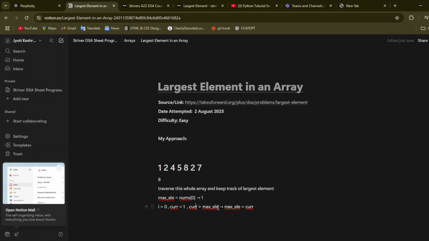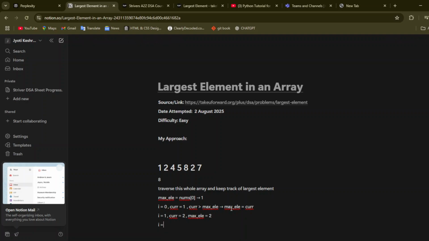I am not talking about equal to, I am only talking about greater. No. So the if condition will not run, and i is equal to 1. The current value now is 2, and we check the same condition: current is 2, max element is 1, is this condition true? Yes. So in this case, max element value will be 2.